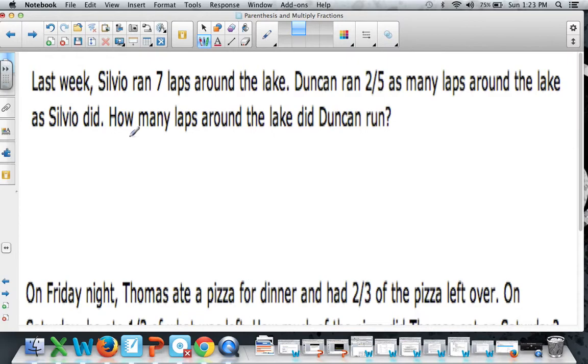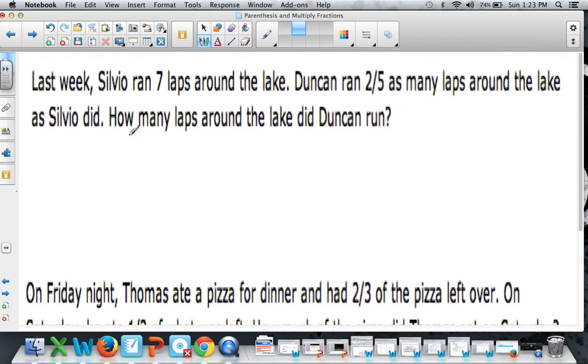Last week, Silvio ran 7 laps around the lake. Duncan ran 2/5 as many laps around the lake as Silvio did. How many laps around the lake did Duncan run? Whew. Well, this is a multiplication problem. Usually,